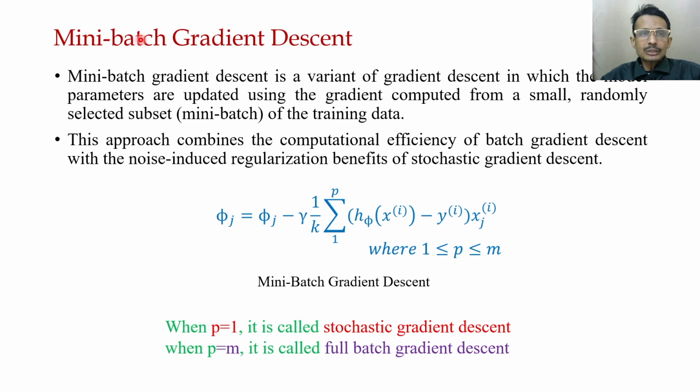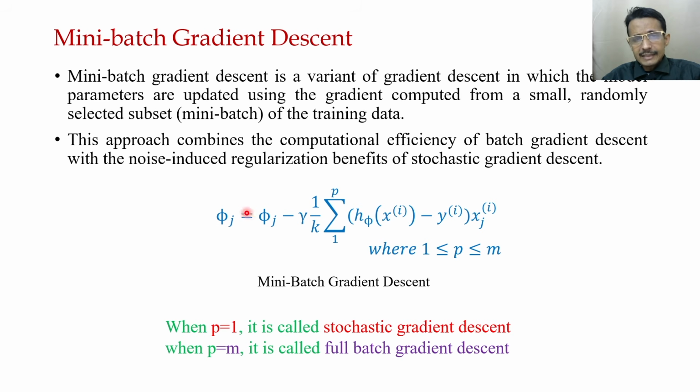then this variant is called mini batch, that means a batch with fewer samples from the whole sample, so p is less than or equal to m. This approach is definitely computationally more efficient than the full batch, and the path of convergence is less noisy than stochastic gradient descent. So the advantages of the two extreme cases are both taken into consideration in mini batch, and in most practical cases, we use mini batch.